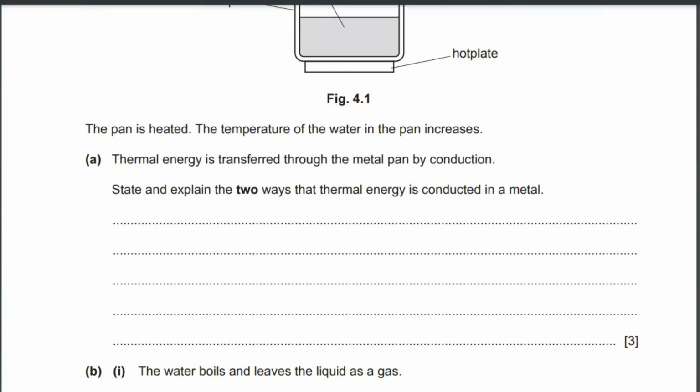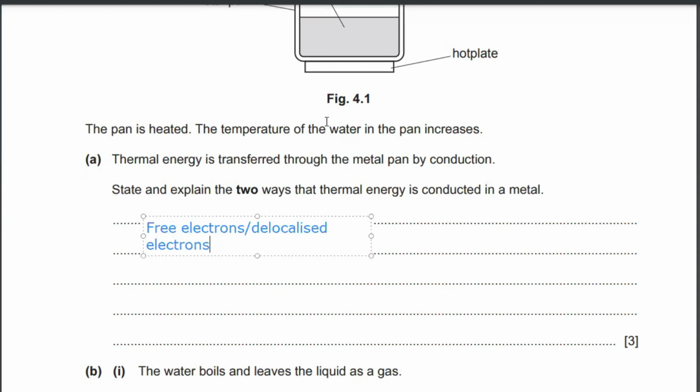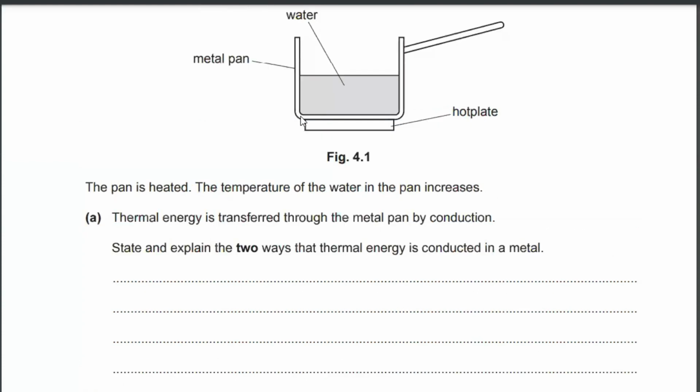The main source of conduction in metal is due to free electrons, or we could say delocalized electrons. These are electrons that are not bound to any atom. Let's say we have a pan made of copper, because copper is a very good conductor of heat. It will have free electrons that are not bound to the atoms of the copper, which means they can move around easily. If the pan is being heated from the bottom, the heat will heat up the bottom part of the pan first, and then it will transfer the heat to the water. So in metals, one way was free electrons,